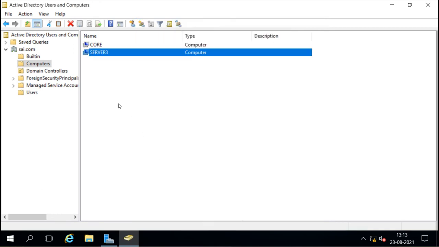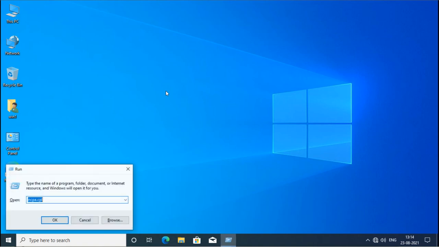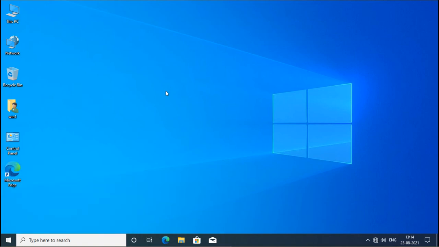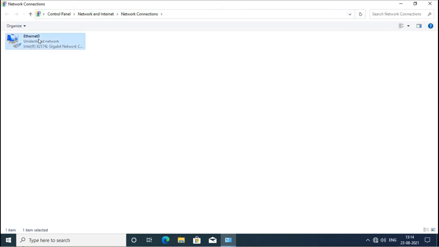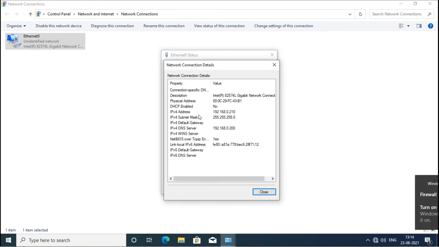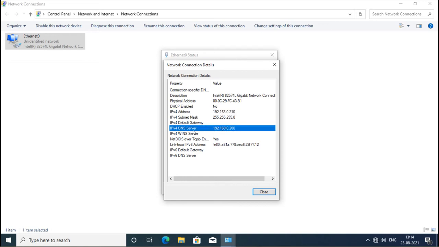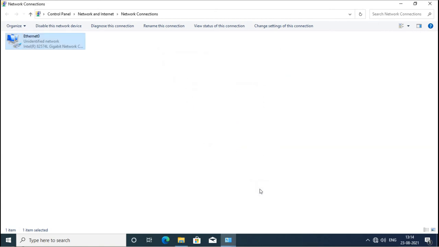Now, how will we make a machine a member? We can make a client and the account will come here. For example, we have a Windows 10 machine and we make that machine a member of this domain. Before making this machine a member of the domain, we have to make sure the IP address is properly set. The machine must have the same network IP, and it is also important to have a DNS server IP. Our domain controller is itself a DNS server, so we have given the IP address for that, and it must resolve the name.